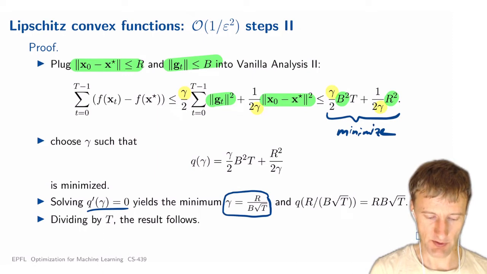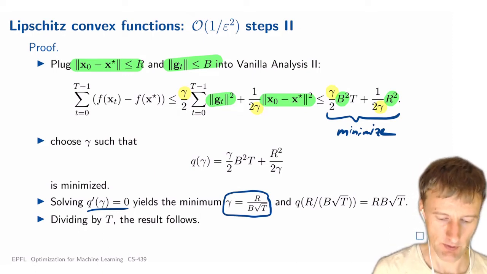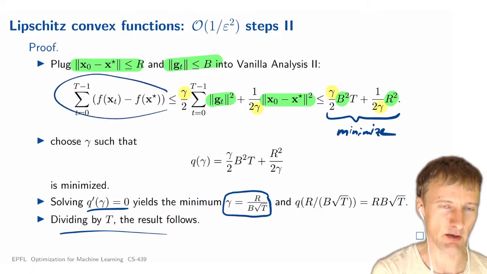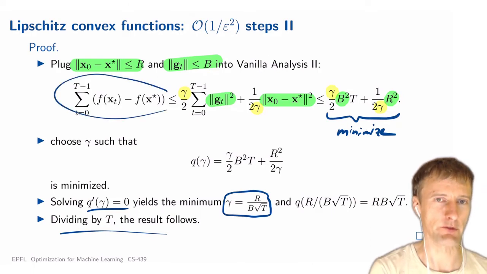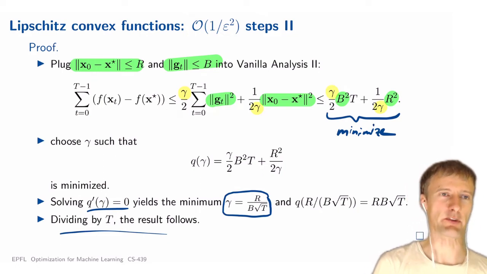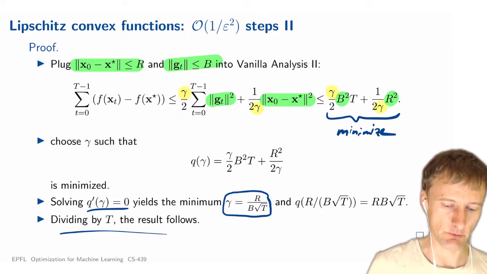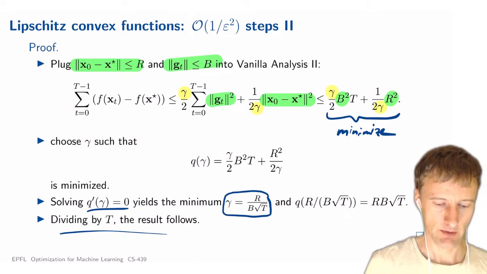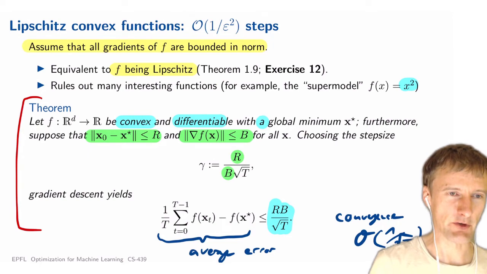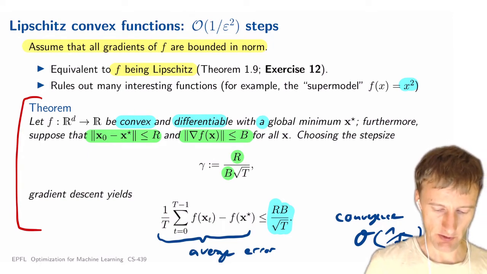So we're done. The theorem follows just by dividing this by t, then you have the average error instead of the sum of the errors. So nothing happens on this slide basically except plugging the assumption into the vanilla analysis. That's nice. So now this finishes our main and first convergence theorem,